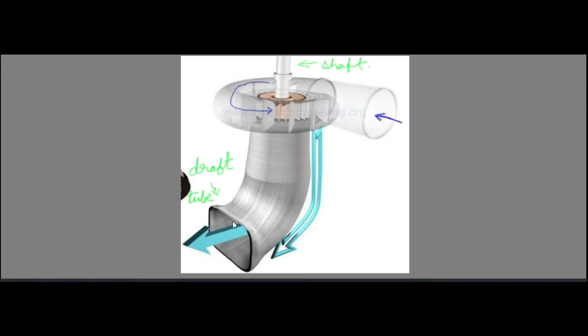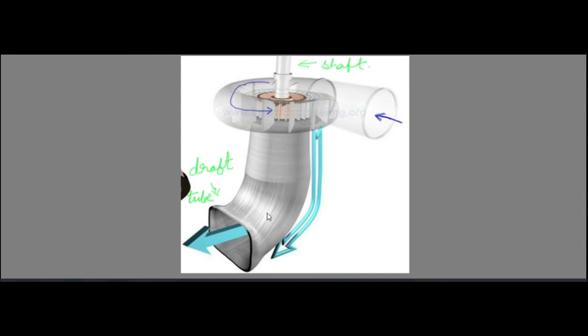Okay, as we move forward, the velocity is decreasing and pressure is increasing, as happens in a diffuser. So as happens in a diffuser, velocity decreases and pressure energy increases. If the pressure energy is increasing as you move forwards, it means at the exit we will have higher pressure and at the entrance we will have low pressure. So the suction will happen.